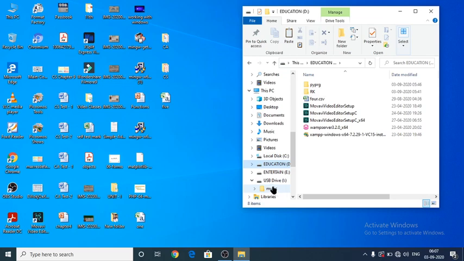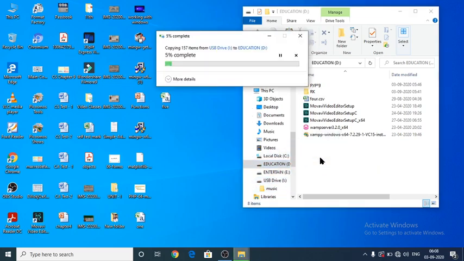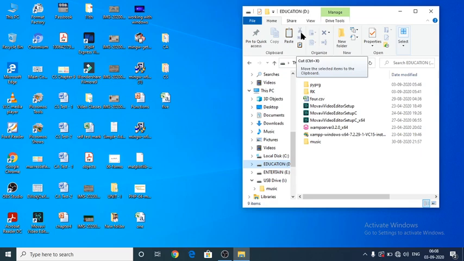For that you have to select that particular file or folder. Afterwards you have to press the left mouse button and make a drag and drop here. While doing this, it will either move or copy from one place to another place, with the option itself, copying or moving.